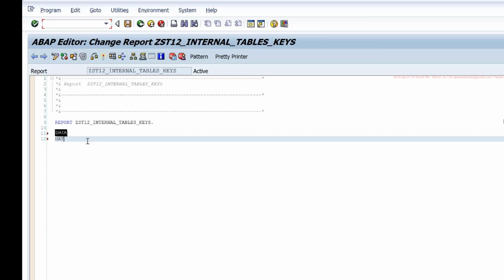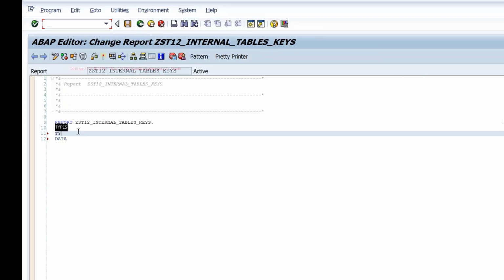So what we used to do earlier, when we only had the option of defining the primary key, if I define this, I'll create a structure so that the fields are visible for you here.